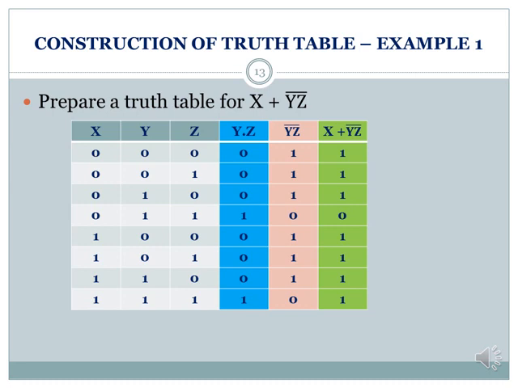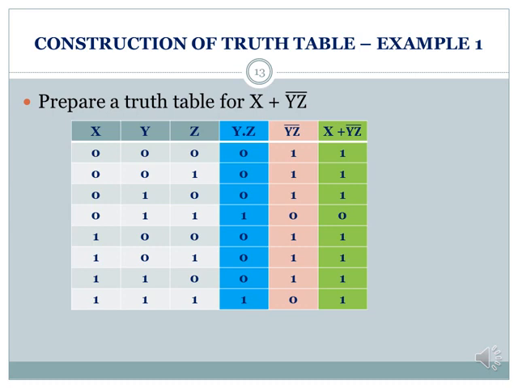To find yz, only if both the y and z values are 1 will you get the result as 1, because it performs logical multiplication. In multiplication, if any one of the values is 0, the output will be 0. After finding yz, we need to find yz bar. What is yz bar? It's nothing but the complement of yz. So if yz is 0, yz bar will be 1. If yz is 1, yz bar will be 0.